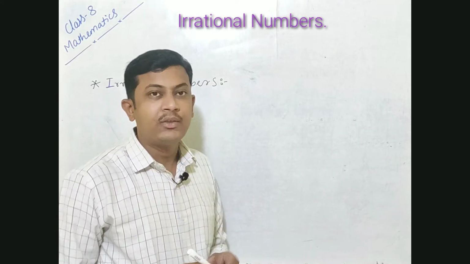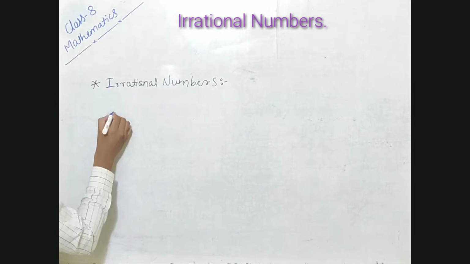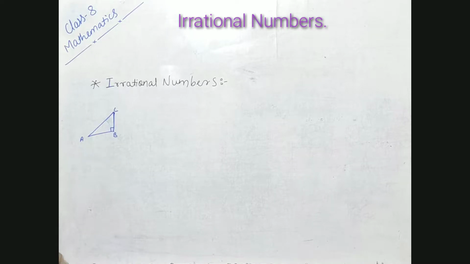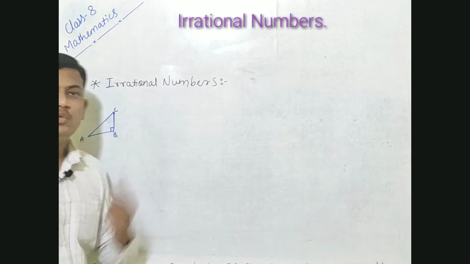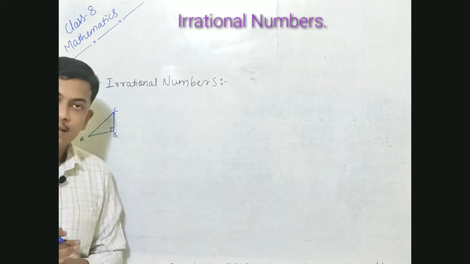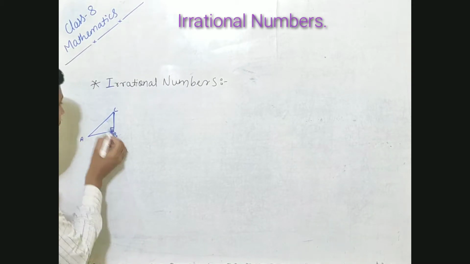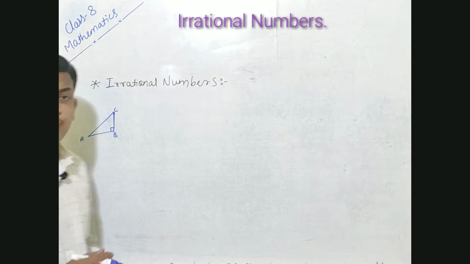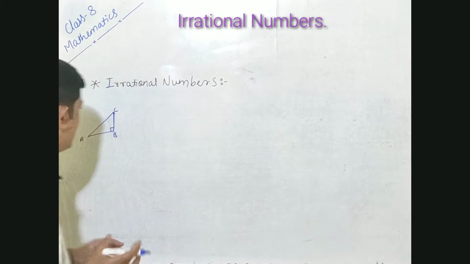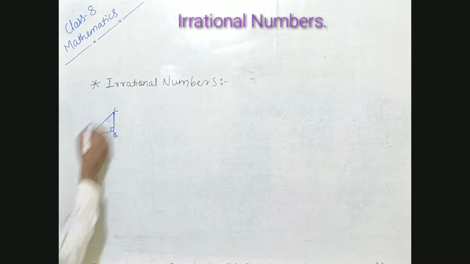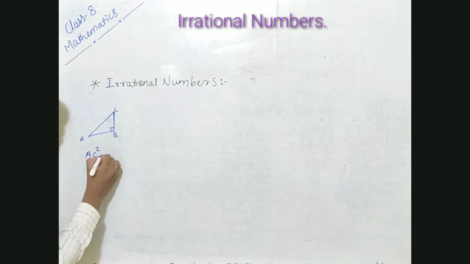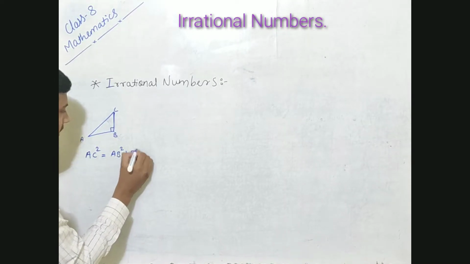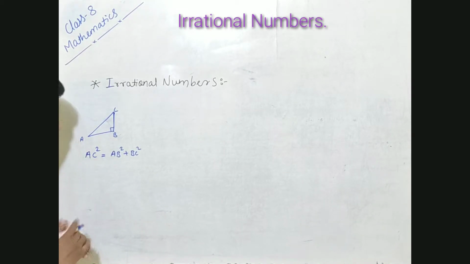First of all we will see what the Pythagoras theorem says. Suppose in a right angle triangle, name it as ABC. AB and BC are the two sides of the right angle triangle, which are also known as legs, and the side opposite to the 90 degree angle, that is angle B, is known as the hypotenuse. So in terms of the hypotenuse, which is AC here, the Pythagoras theorem states that the hypotenuse square is equal to the sum of the squares of the remaining two sides.